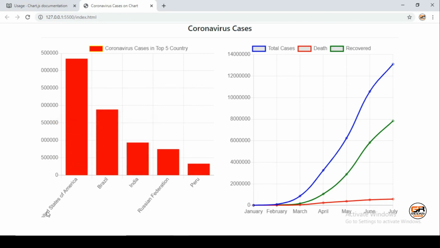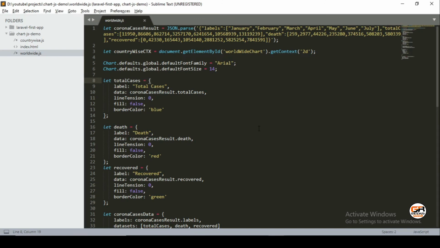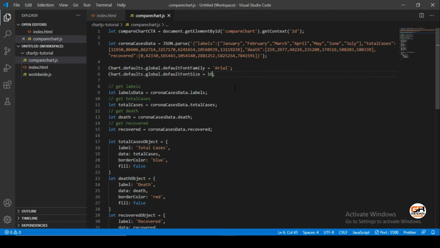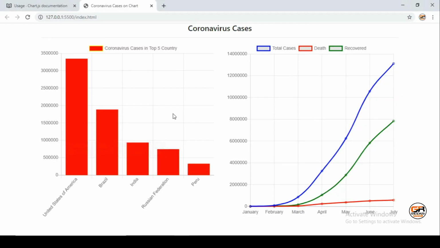As you can see here, even the text is not visible. Let's decrease the size, and make it 14 for right now. Okay, yeah, now the text is visible.